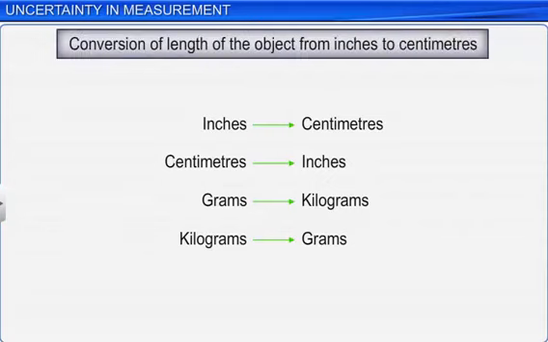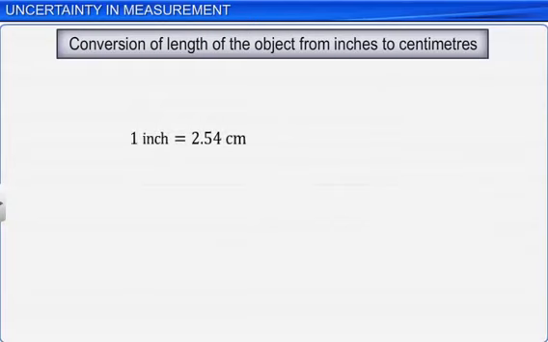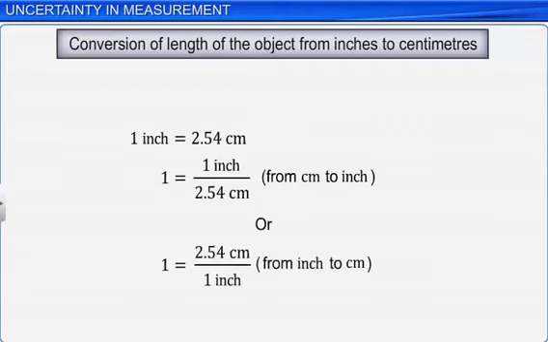Assume that we have to convert the length of an object from inches to centimeters. We know that 1 inch is equal to 2.54 centimeters. We can write the equation as 1 equals 1 inch divided by 2.54 centimeters, or 1 equals 2.54 centimeters